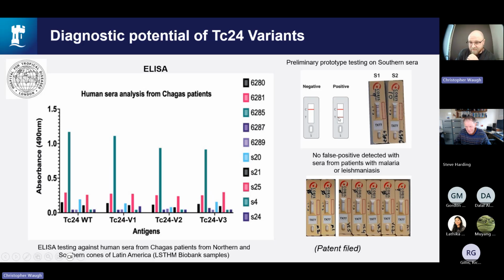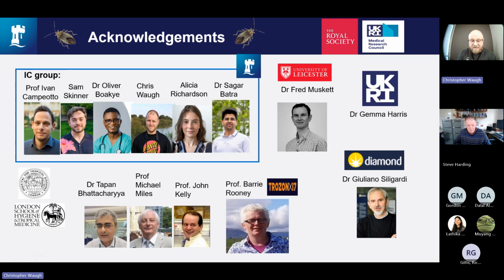As you can see, the test strip should have 2, and this had 2. And there was minimal to no false positive detection from patients with other parasite diseases like malaria or leishmaniasis. So this way it works very nicely. Now we're looking at rolling this up, expanding it, making the prototype lateral flow test work with a much larger group of people, so we can start to roll that out,